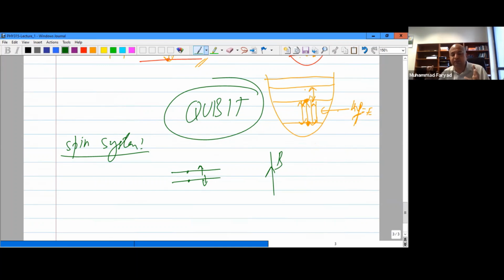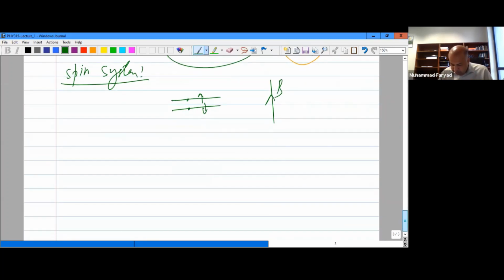So any 2-level system can work as a qubit, but we'll see shortly what the desired properties are to have in a system that can be used to make a better quantum computer. So why not work with 2 spin levels of a hydrogen atom rather than, let's say, 2 levels of a superconducting oscillating circuit, and so on. Okay, so I hope you have a better idea of what a qubit is, and